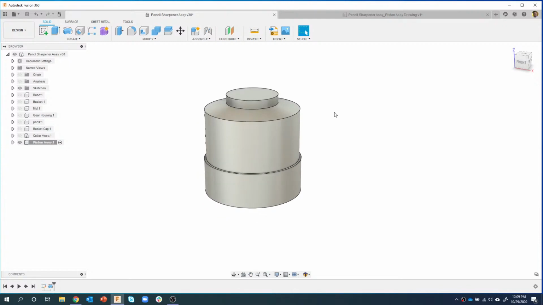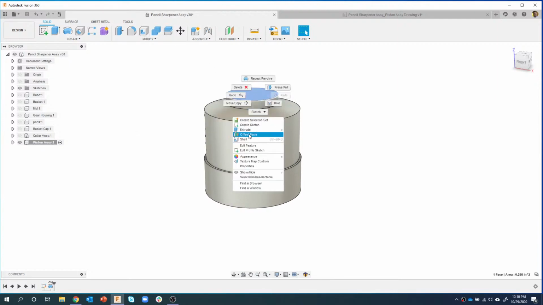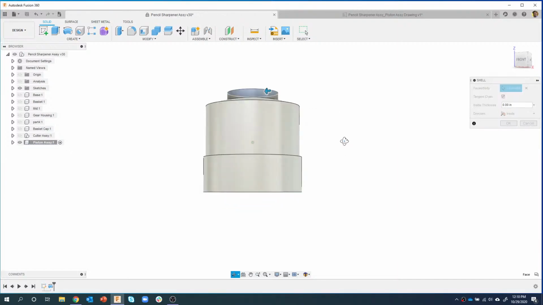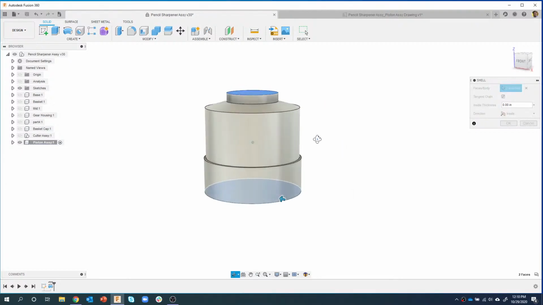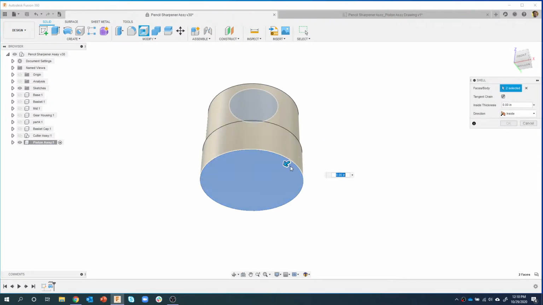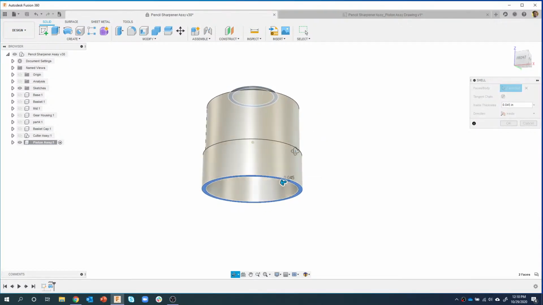Okay, so now I've got the basic shape, but of course it's a hollowed out plastic part. So I'm going to shell this guy out. I could use the command up here, or if I pre-select a face and right mouse click, it shows me the commands that make sense, and one of them is shell. I can also add in another face. Okay, so you can see I'm selecting both those faces, and as I start to drag, it's basically going to